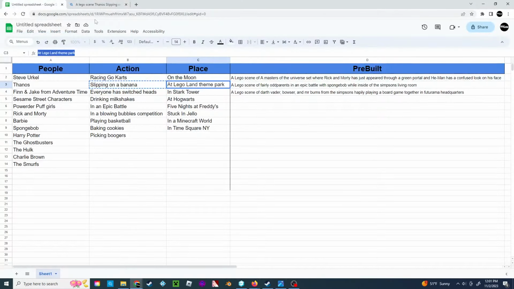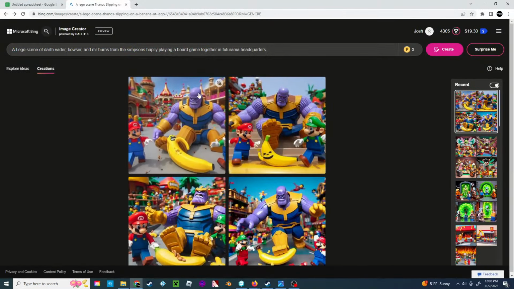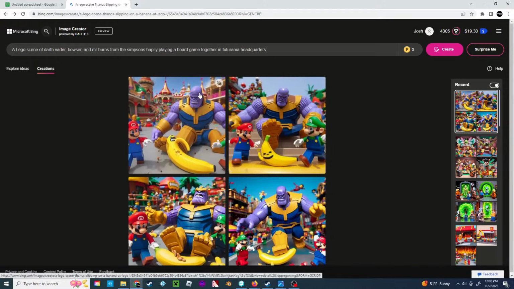So maybe let's build a couple more prompts. Again, if anyone in chat has any ideas, let me know. But I would say let's pick the Smurfs and Charlie Brown doing something. Or actually, let's go with this pre-built prompt so we don't have to spend too much time. So again, we'll do just a couple more of these and then end it, unless you guys have more ideas